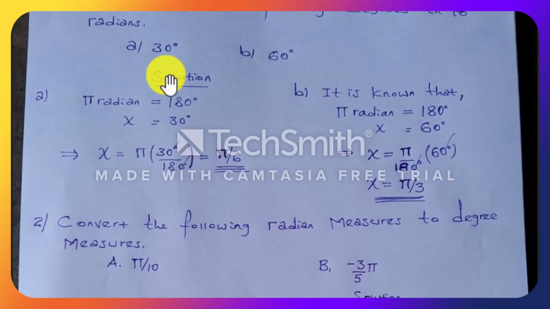ፓይ ራዲያን ማለት 180 ዲግሪ ወይም አንድ ፉል ሮቴሽን አንድ ጨረር በመነሻ ነጥቡ ላይ ሲዞር 360 ዲግሪ እንደሆነና እሱ ሲቃለል ፓይ ራዲያን 180 ዲግሪ ወይም 2 ፓይ ራድ 360 ዲግሪ እንደሆነ አይተናል። ስለዚህ እሱን በመጠቀም እንቀይራለን ማለት ነው። ስለዚህ ፓይ ራዲያን 180 ዲግሪ ከሆነ 30 ዲግሪ ስንት ራዲያን ይሆናል ብለን በክሪስ ክሮስ እንሰራለን ማለት ነው። therefore እዚህ ጋር የማይታወቀውን የራዲያን ሜጀር ኤክስ